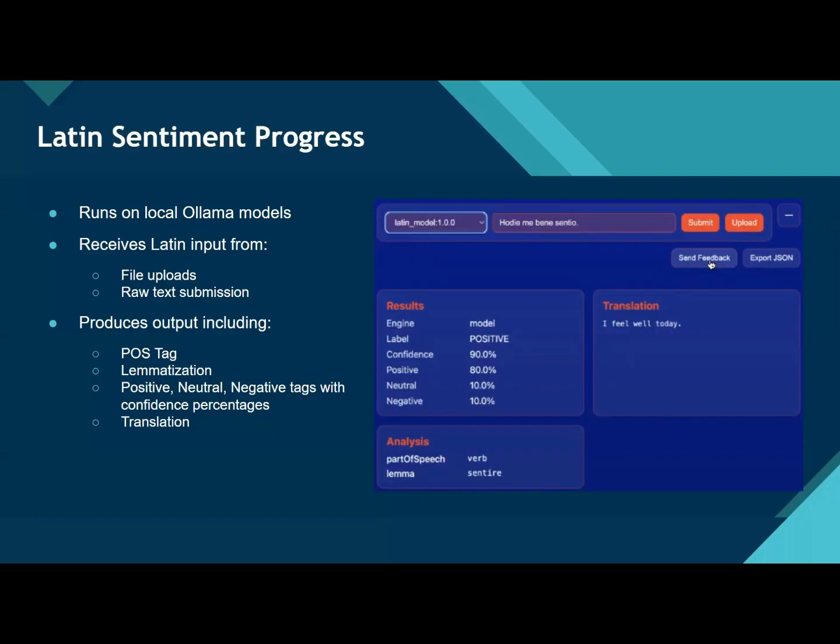You can just dump the text in there, and it'll be able to recognize that the language is Latin. It'll also only do Latin or Greek. It won't do your math homework, won't code for you. So we put restrictions on there just so the model is more focused on what its primary goal is. It produces outputs, so it has the POS tag output, does lemmatization, showcases its positive, neutral, negative tags